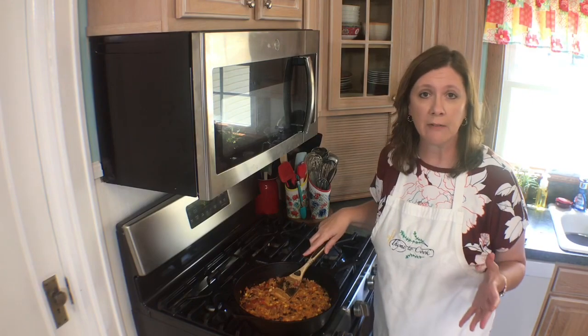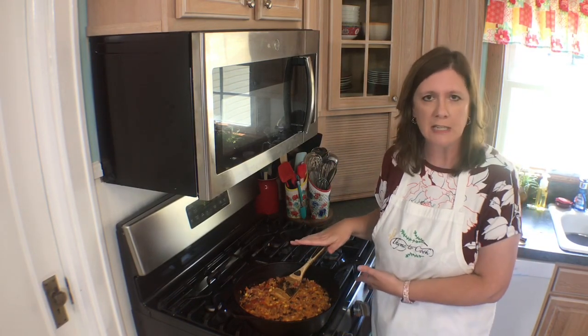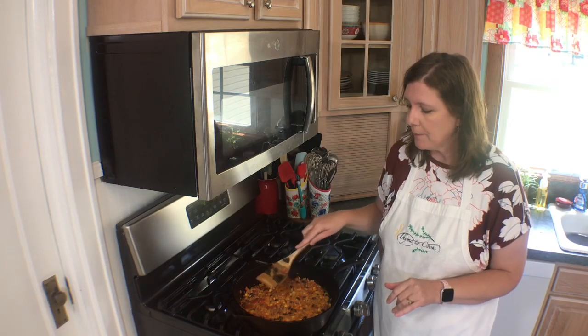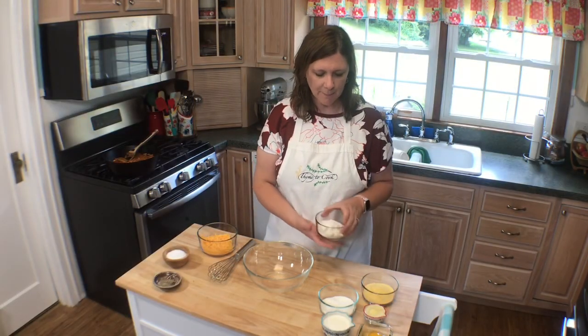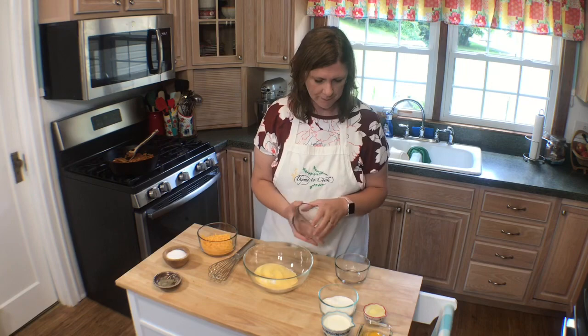So now I'm going to get ready and make my cornbread topping, but I do want to tell you, if you don't have a deep skillet, you can transfer this to a baking dish and it'll be just fine. I like to do all mine in one skillet, saves me some dishes. So to a mixing bowl, I'm going to combine my self-rising flour and my cornmeal,